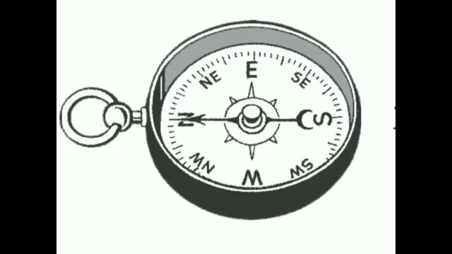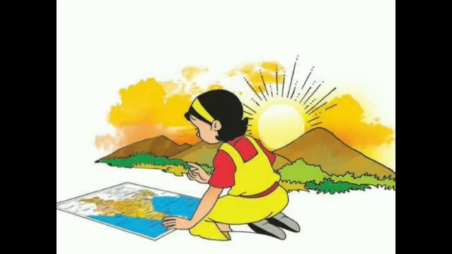The sun rises and sets every day. That is why the sun is used to determine directions. The magnetic needle in a compass always lies in the north-south direction. In a map, directions are always shown. They are indicated with the help of an arrow pointing north.